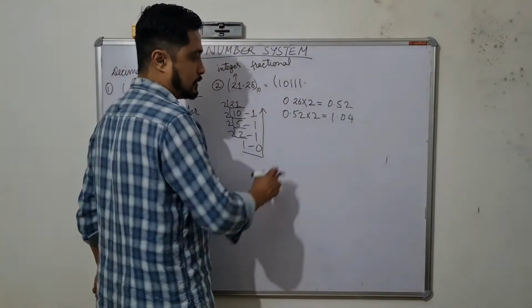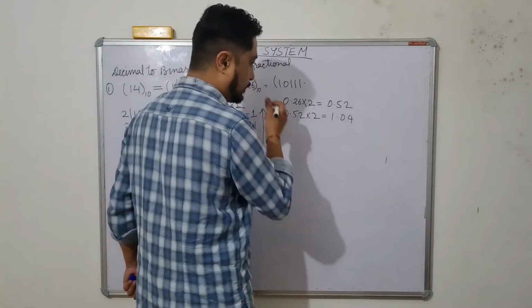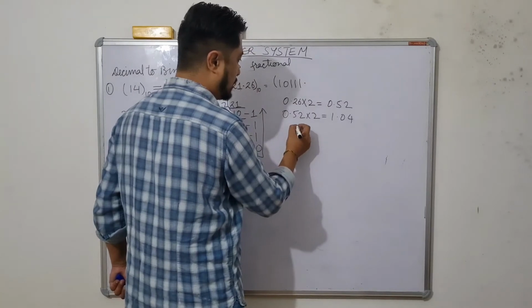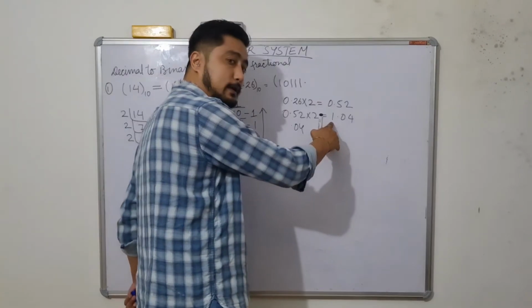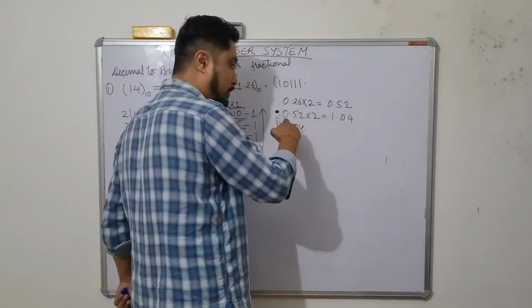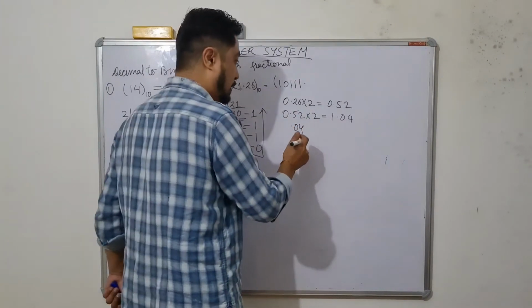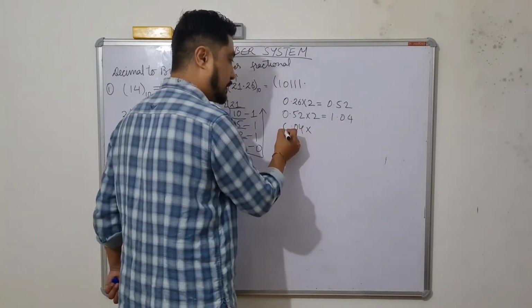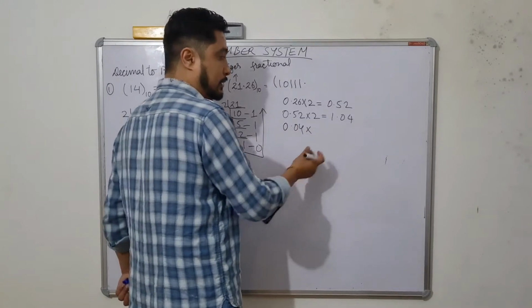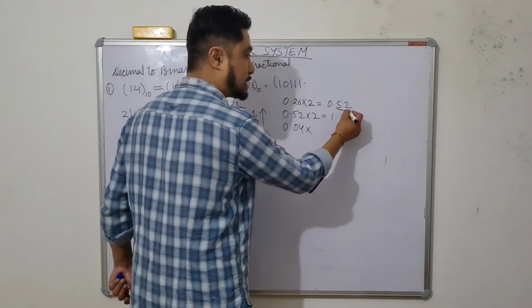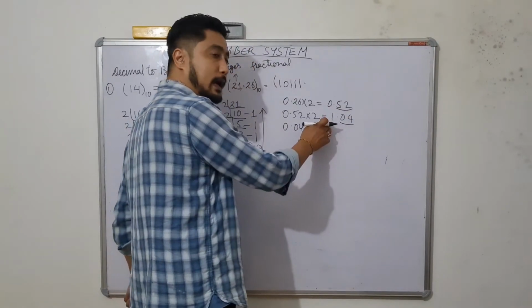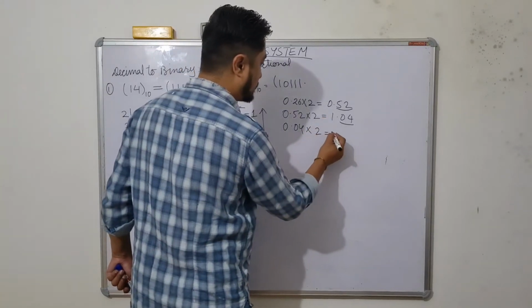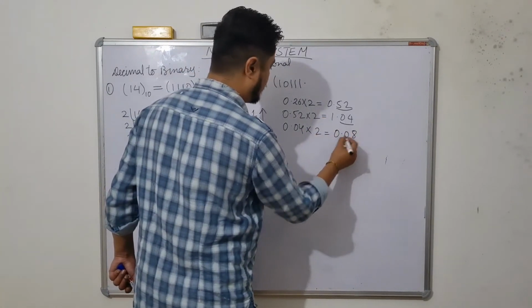So it is 1.04. So we'll take 0.04, but we'll not take this 1. That's why I'm not taking this 0. This 0 is different. We are putting it by ourselves. Since nothing is there, we can put 0. I'm taking only this part. We cannot take the integral part. So it will be 0.08